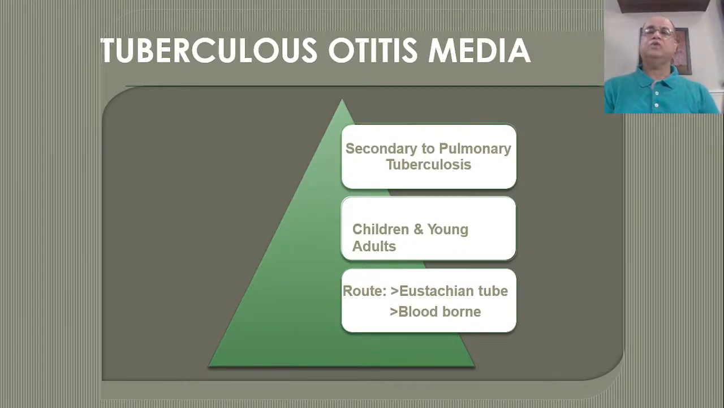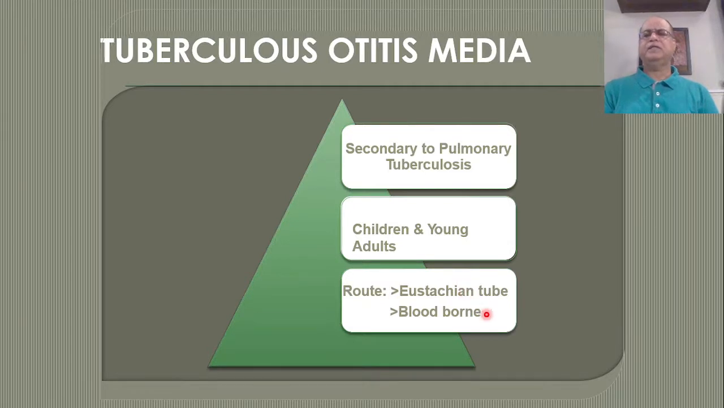It is almost always secondary to pulmonary tuberculosis, though it used to be very common in children who were given non-pasteurized milk, but nowadays it is almost always secondary to pulmonary tuberculosis. Usually children and young adults are affected. The infection reaches the middle ear cleft through the Eustachian tube